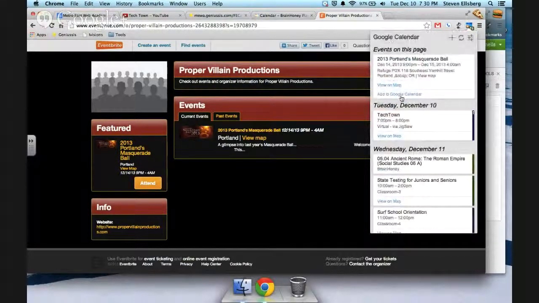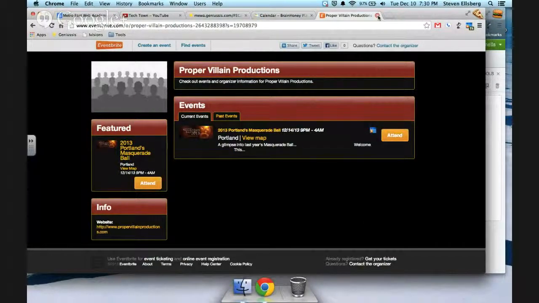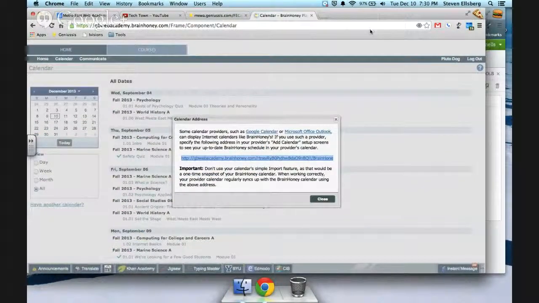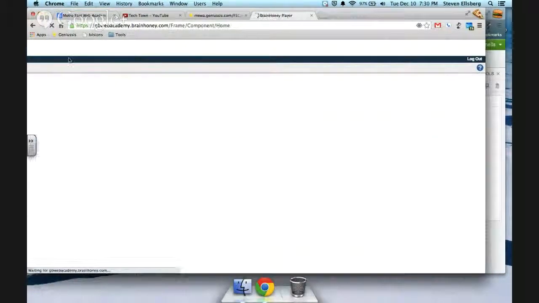There we go. I can add it to my Google Calendar. Boom. So I can add that event that's on this page. It's really nice. Not too bad, huh? All right, cool. So that's basically what we have for our calendar. And the best part, I think, is that you can go right over here in your